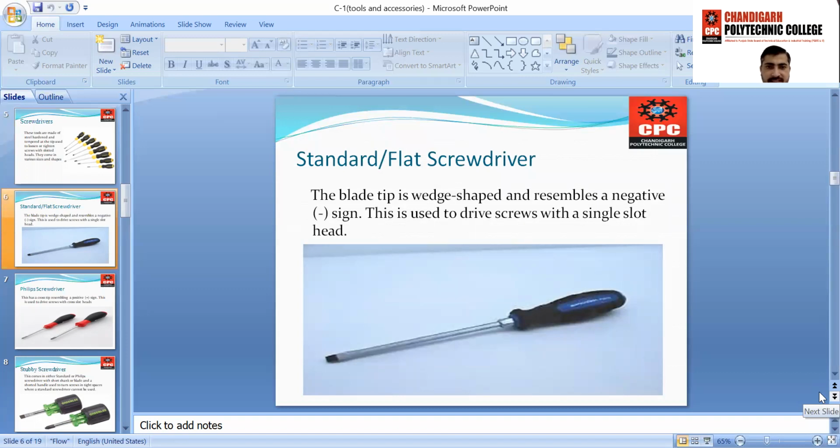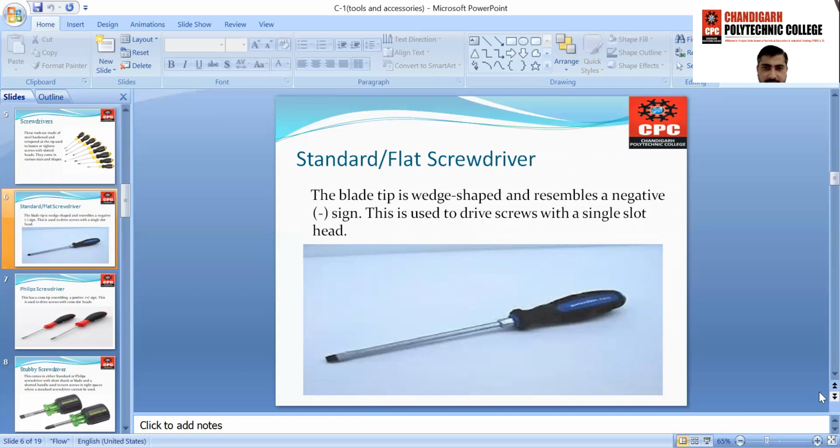The first one is the standard and flat screwdriver. The blade tip is wedge shaped or flattened and resembles a negative sign. When we see the tool from the head side, the symbol looks like a negative sign. This is used to drive screws with a single slot head.